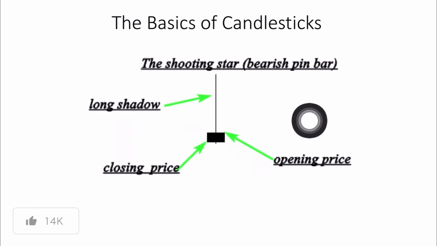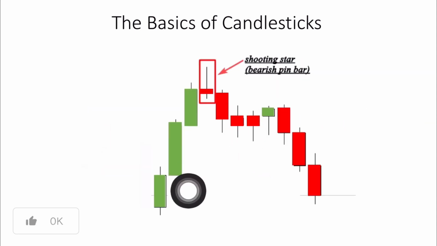So this candlestick is also a reversal candle, or you can say it's a bearish reversal candle pattern. The story behind it is that the buyers try to push the market higher, as you can see here, but for some reason they got rejected by the selling pressure. So when this candlestick forms near a resistance level, it should be taken as a high probability setup that the